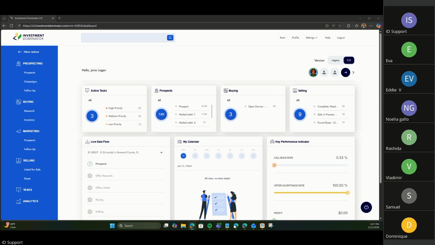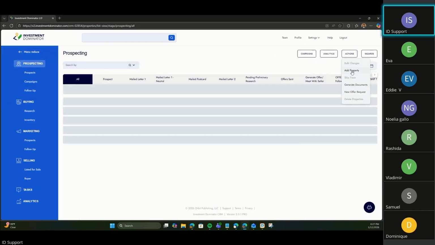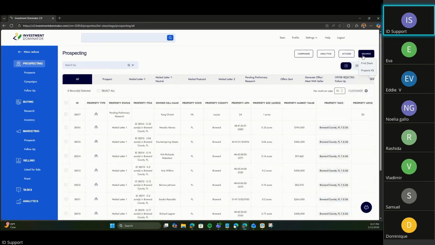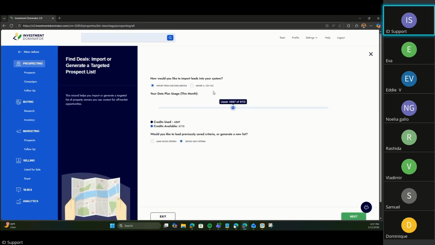Right. So when I say import, I'm just meaning that you went through Actions and then into Wizards, and Five Deals. Yeah, that's how I got it. So it was imported through our service and it just has a first name. It doesn't have a last name. Is that what I'm hearing? Or it just has one name. I don't know if it's a first or a last name. Like one is William. It's just one name, not the whole name. Okay. Interesting. So you said you opened up a ticket for this one?